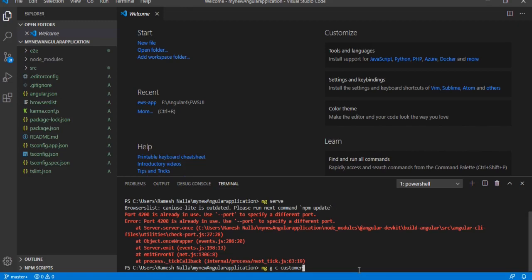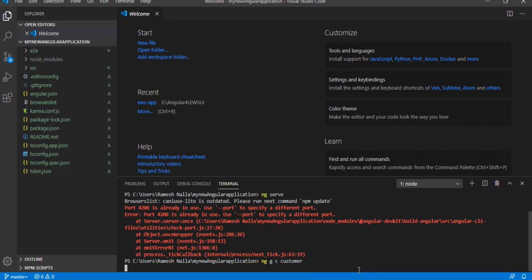I'm giving the name of the component and hitting enter. As soon as you hit enter, it will create the component in the specific location.